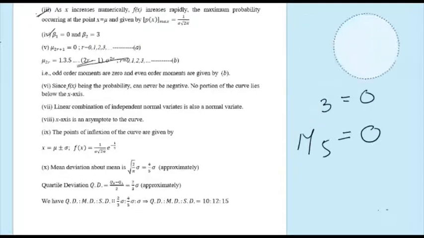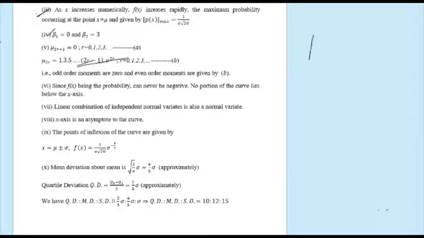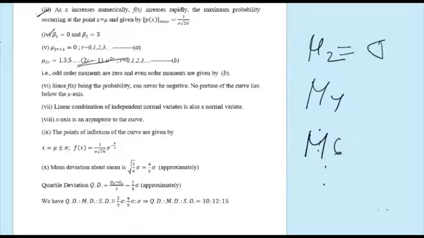Now for the even order moments, that means mu2, mu4, mu6, etc. Mu2 is nothing but sigma square, the variance of a distribution. Then comes mu4, mu6, etc. Now any of the moments which is denoted by mu